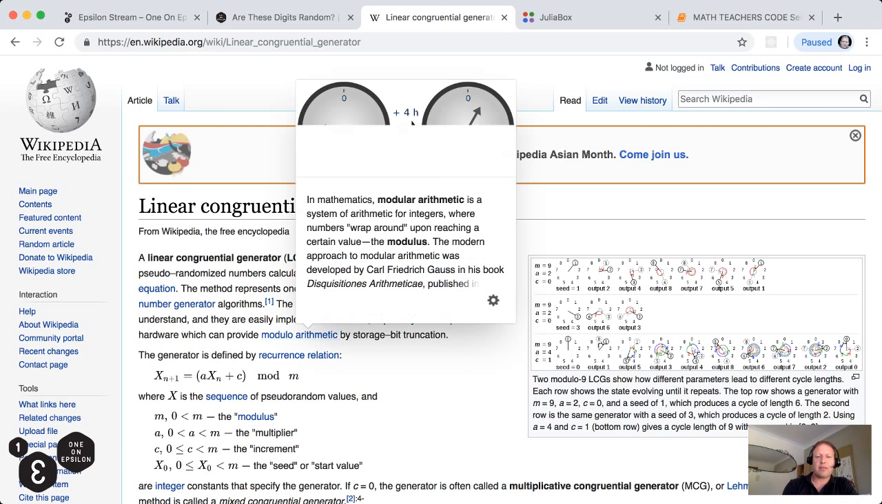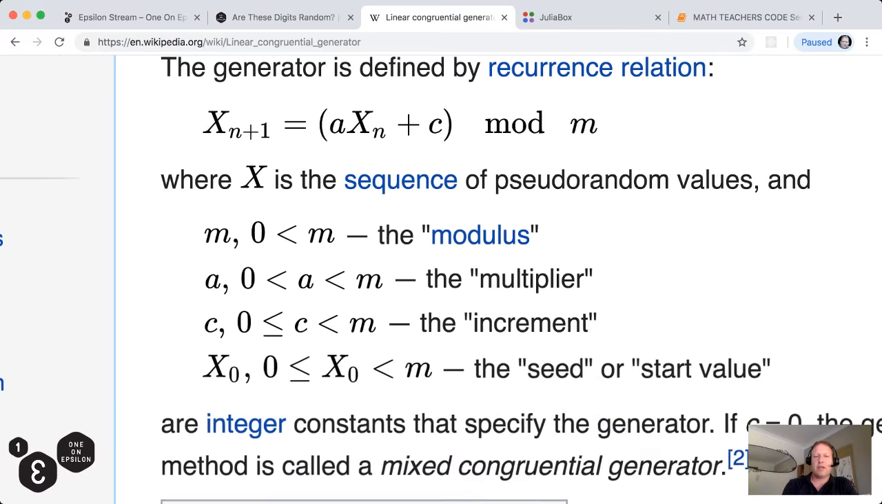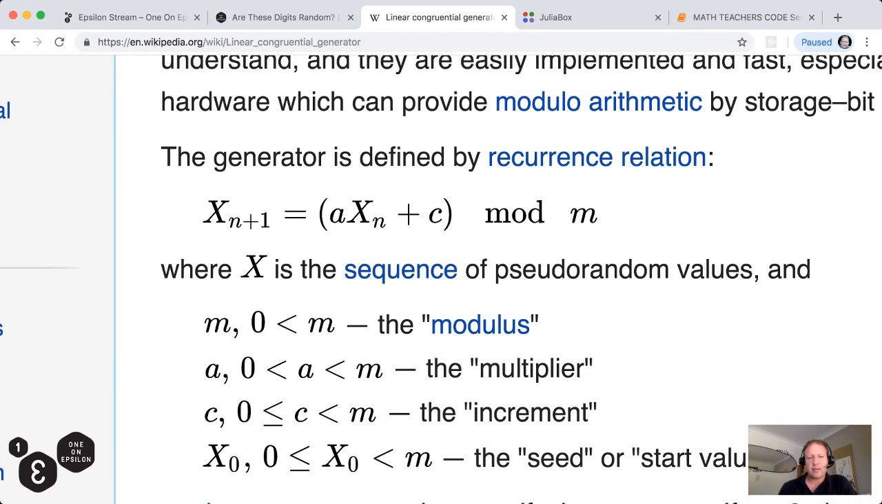And it is nothing but a sequence which follows the following set of rules. It is a sequence of values x_n where the next value, x_{n+1}, is some constant a multiplied by x_n plus a constant c. So that is a linear, or effectively an affine transformation of x_n, all modulo m. Now it turns out that if we choose good values of a and c and m,